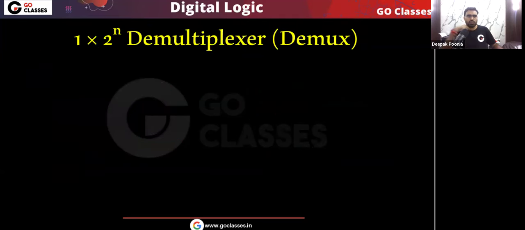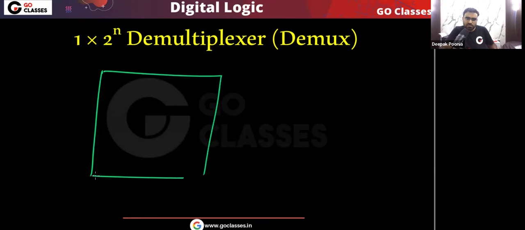I hope you understood. So we have seen what is a 1 by 2 power n demultiplexer. In any demultiplexer, there is one data input, and there are 2 power n output lines, and this input will appear on one of the output lines. Which output line will be activated is decided by the select lines.